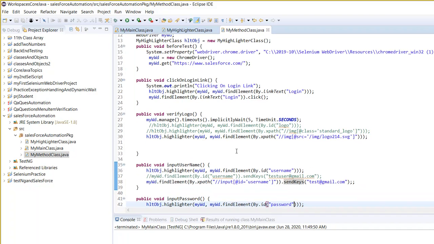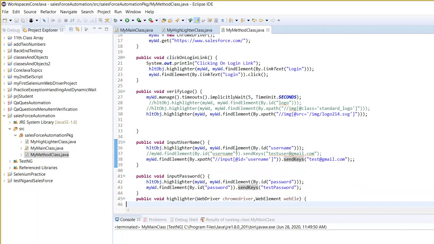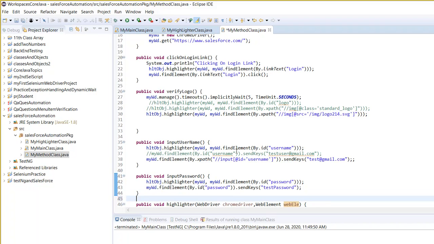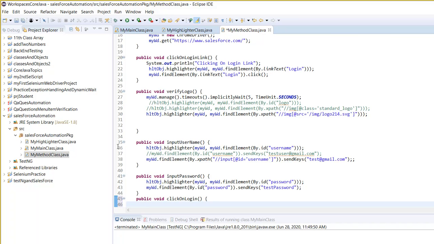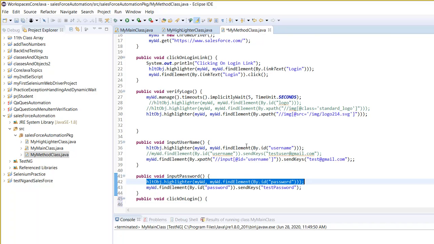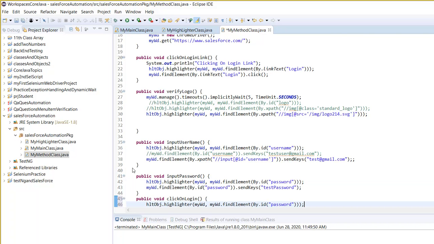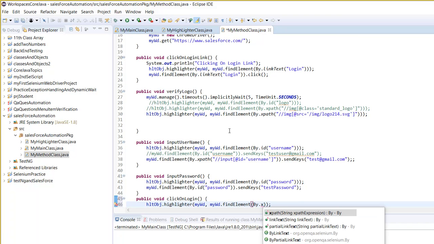So here I'm going to write another method here. Public void click on login. Now inside there, I'll be using my highlighter object, and here find element by dot. I can use ID, but I'm not going to use ID. I'm going to use XPath. So by dot XPath,